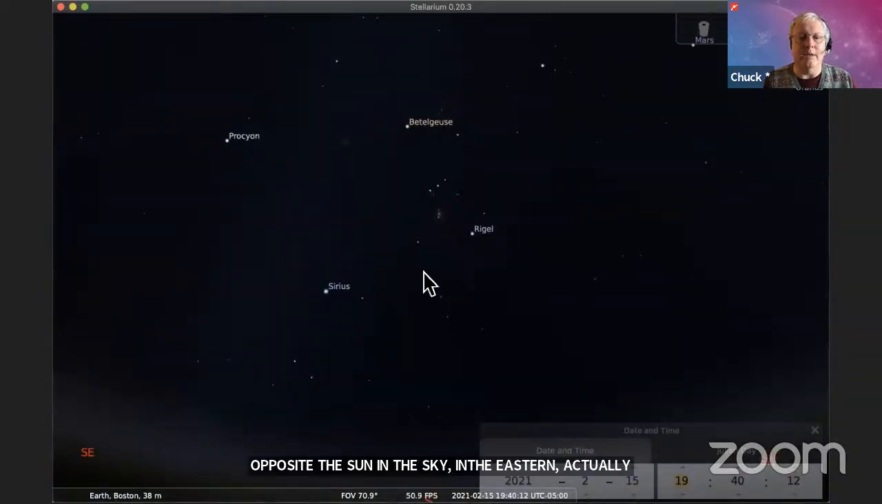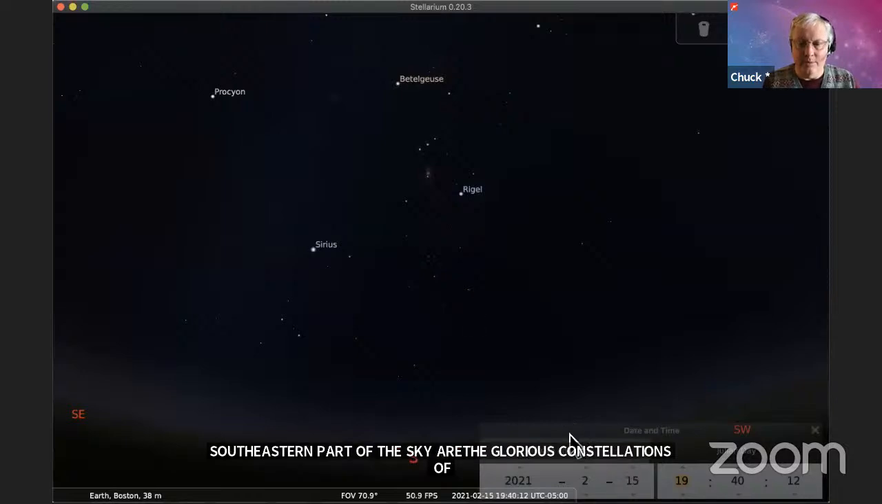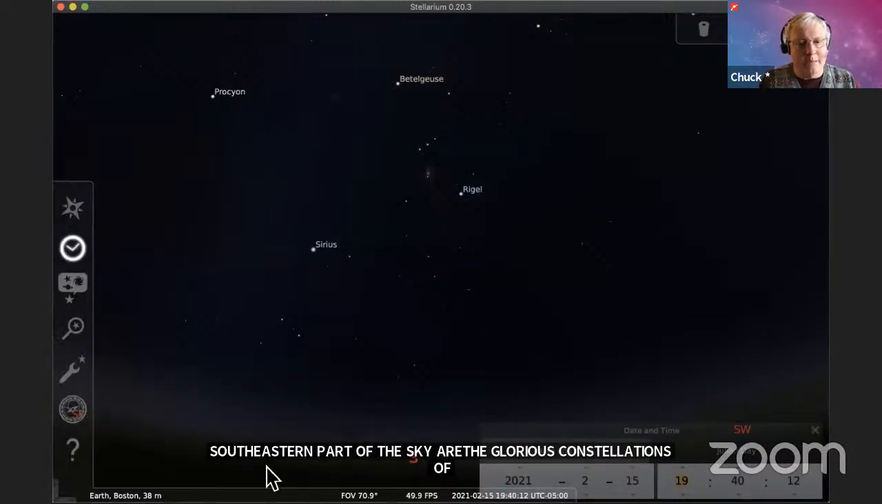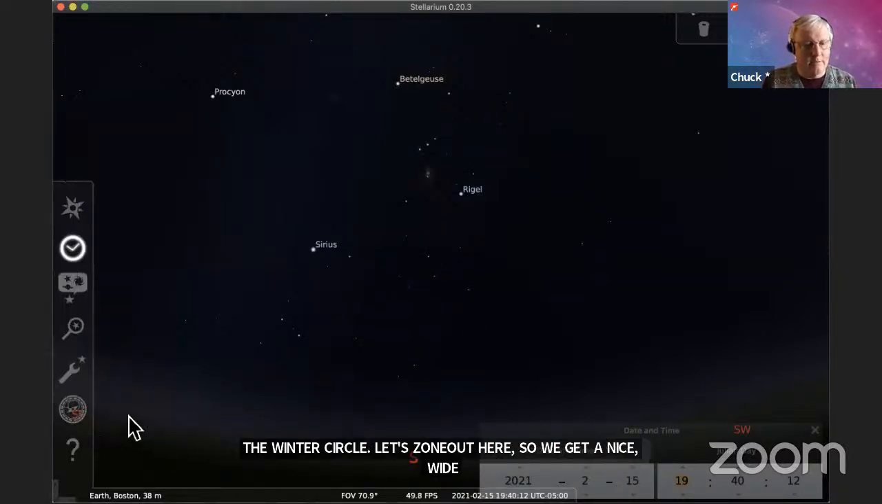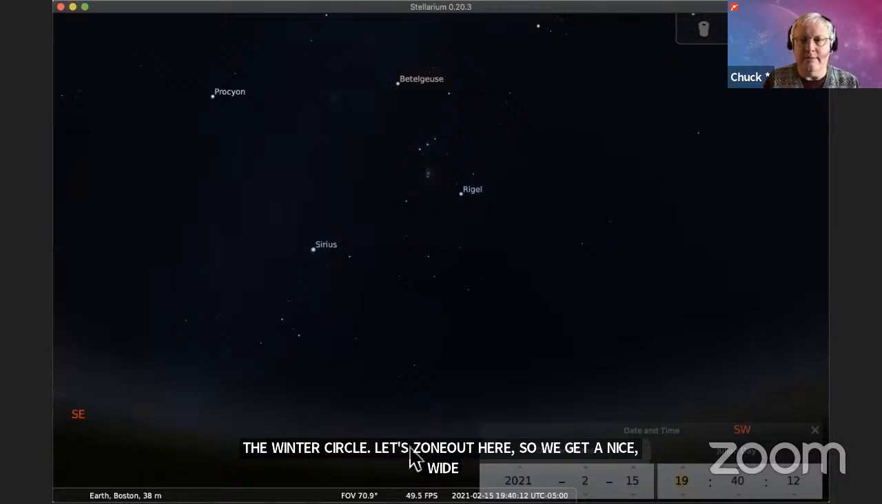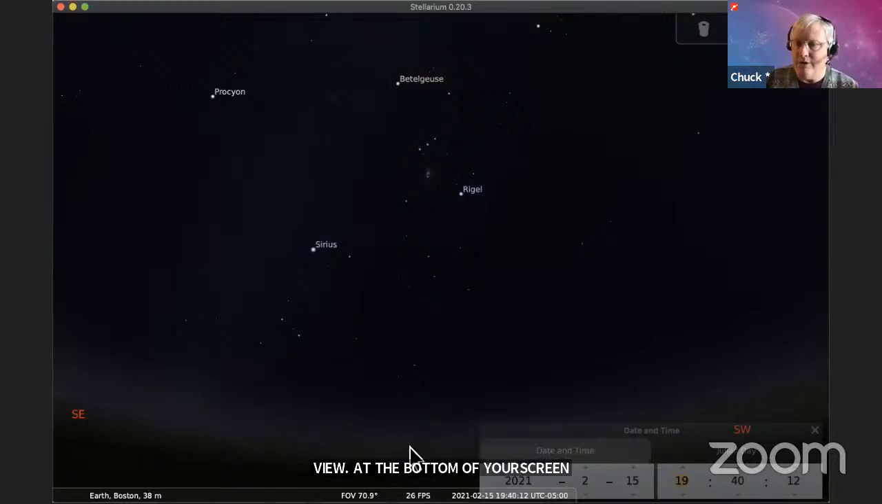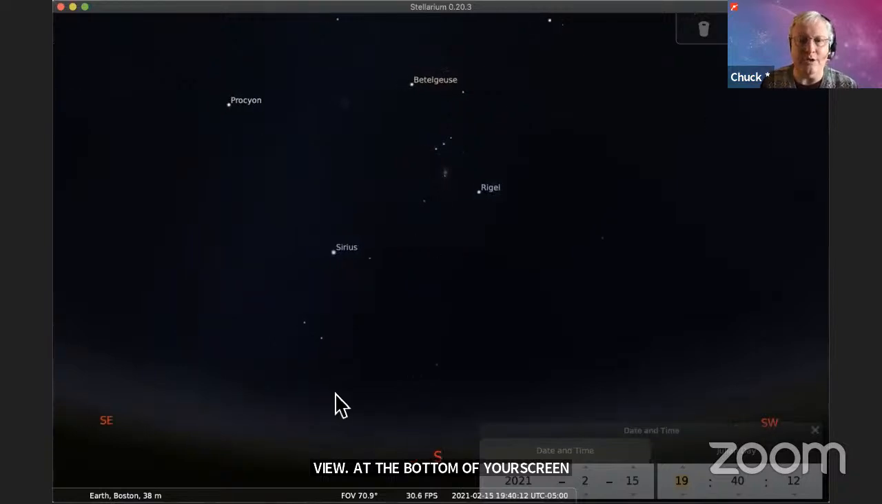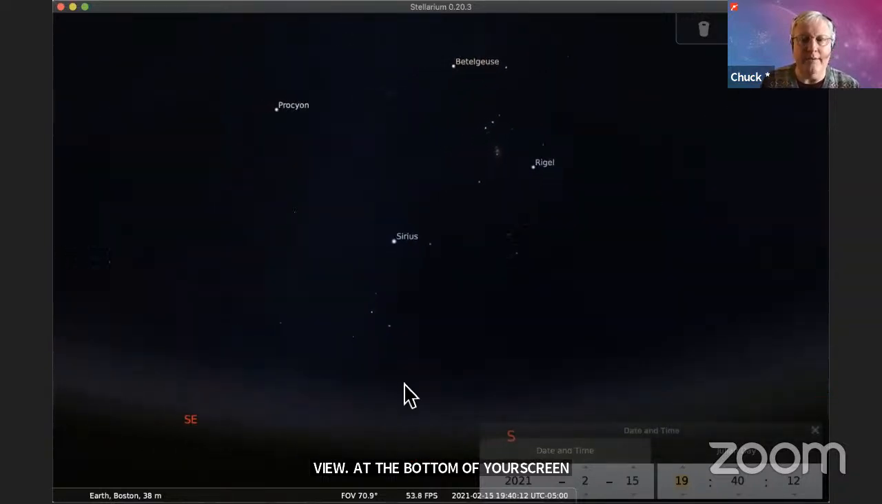And so let's zoom out here so we get a nice wide view. At the bottom of your screen here, the red letters SE, S, and SW indicate direction. So we're seeing what direction we are looking in. It's always important to know what direction to find things in the sky. So after it gets dark,